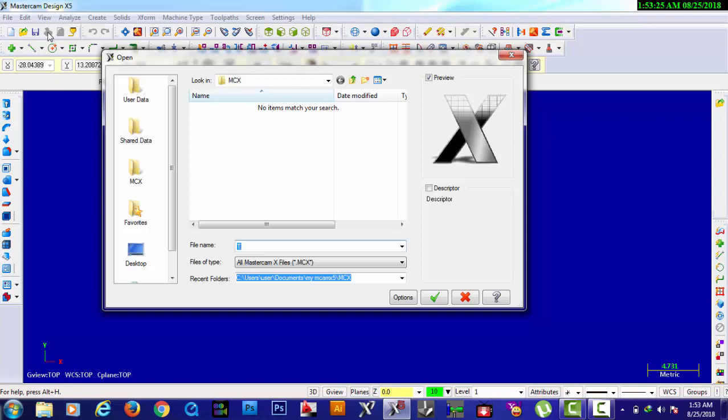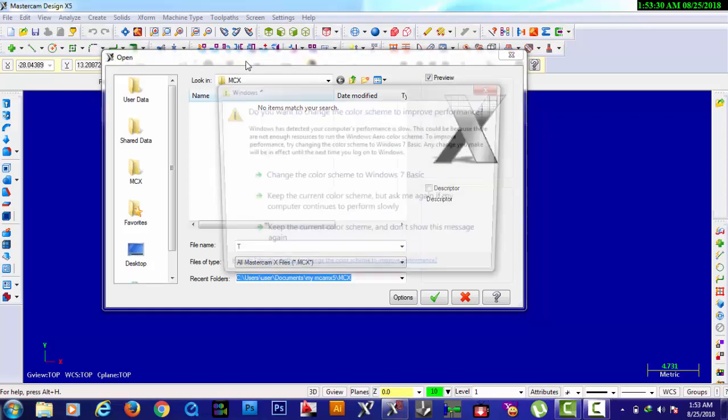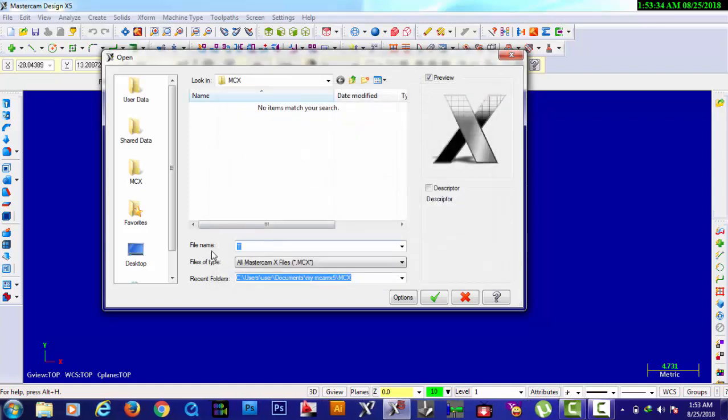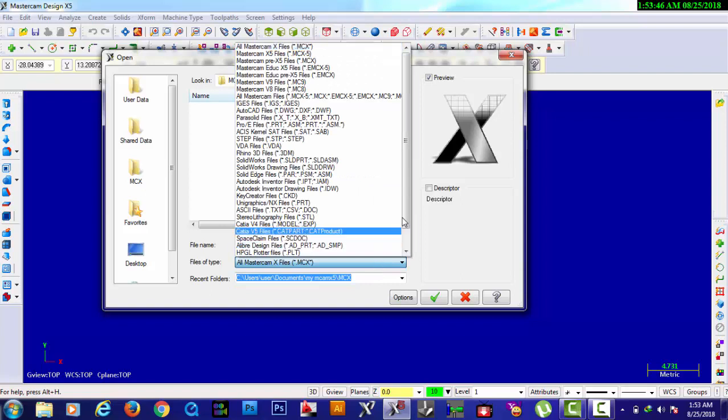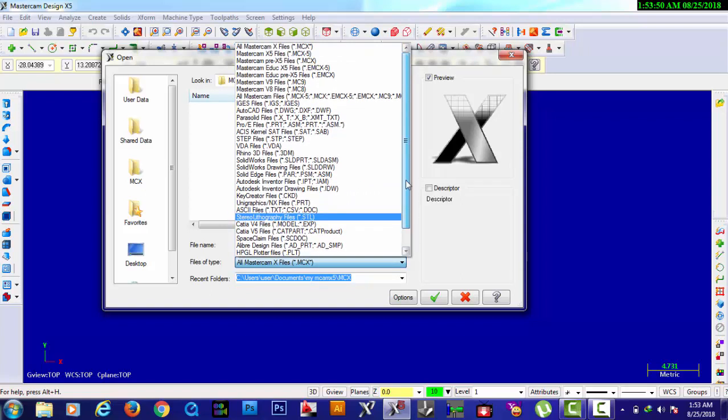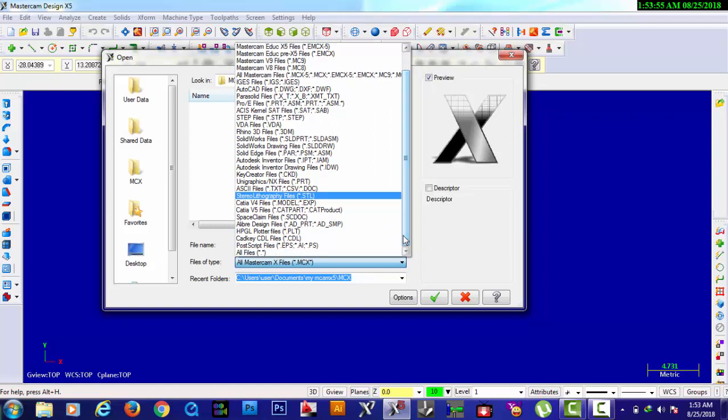Okay. So in the Open dialog, as you see here, there are file name, files of type, and recent folder. So choose this one, files of type. When you click, there are different file types inside here.